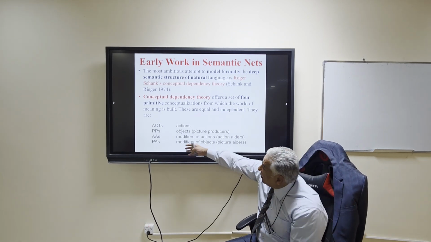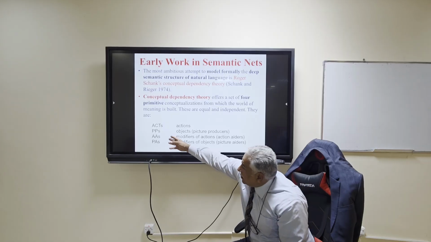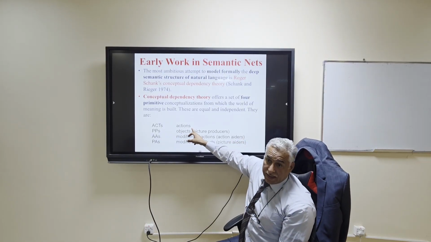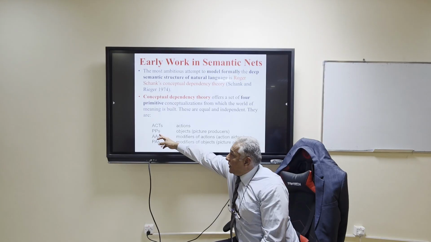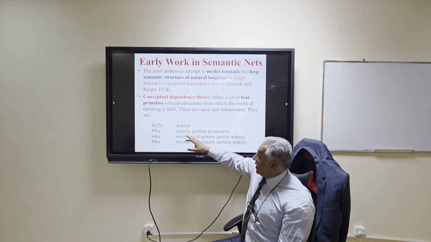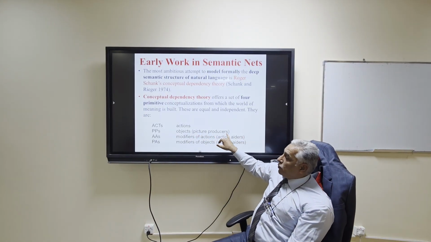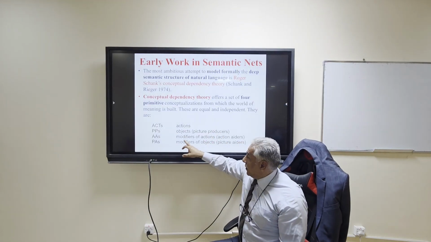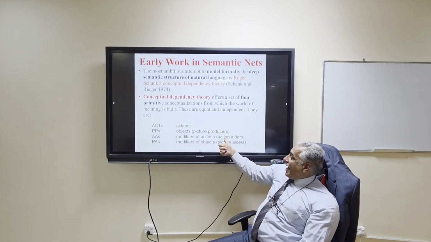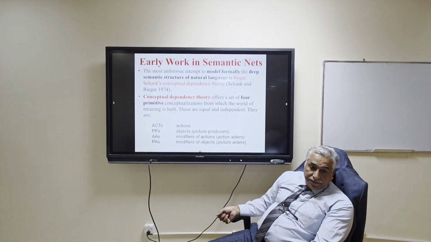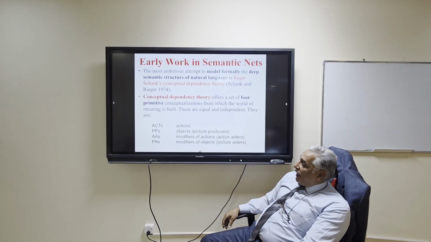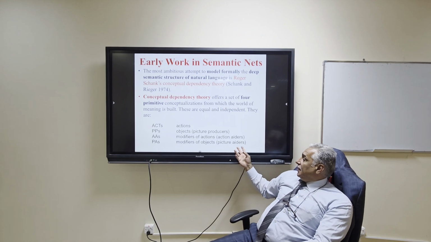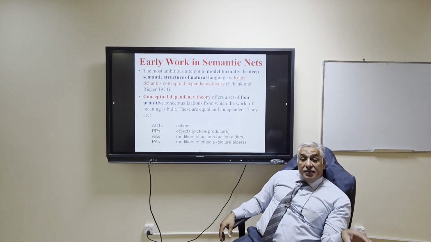These are the four primitives. First one, ACTs, represent actions. The second, PPs, objects that represent picture producers. And AAs, modifiers for actions, action aiders. And PAs, modifiers for objects, picture aiders. And in this language,